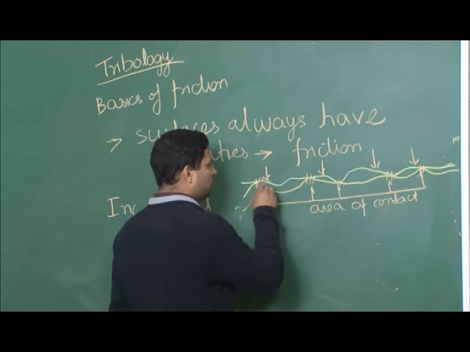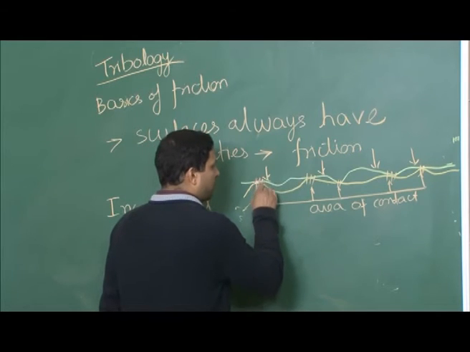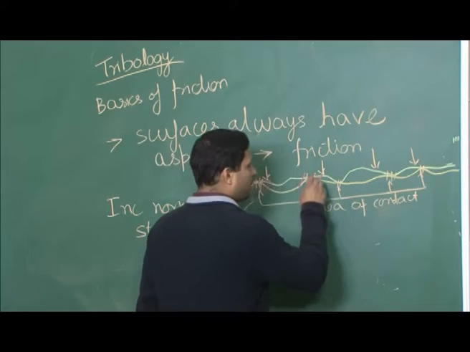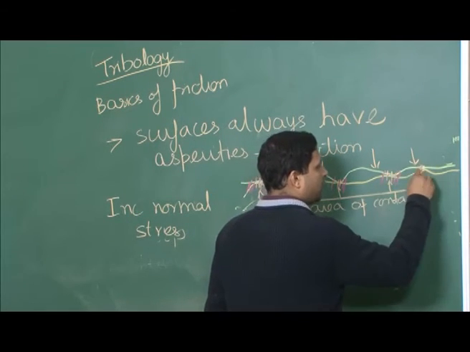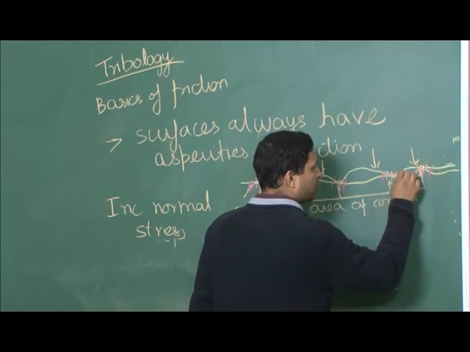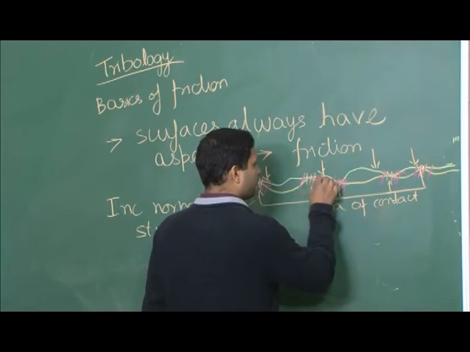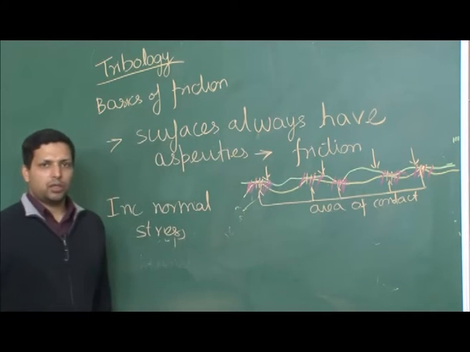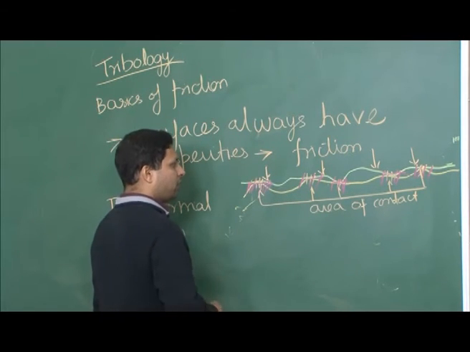What happens here is, now that you have increased the stress, there will be deformation near the point of contact, and the area of contact will get deformed and become large. So, now there is a much larger area in contact because of deformation. This may have become deformed like this. So, this is the new surface for the two components that are in contact with each other.